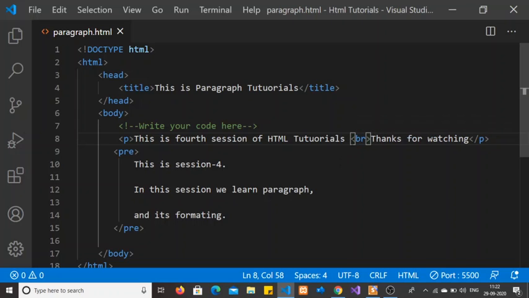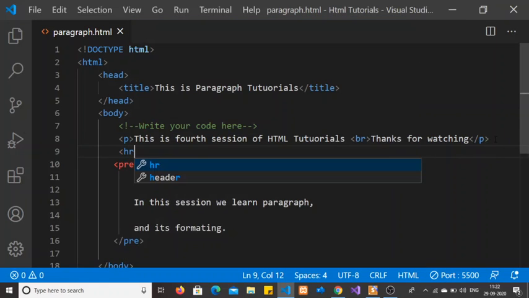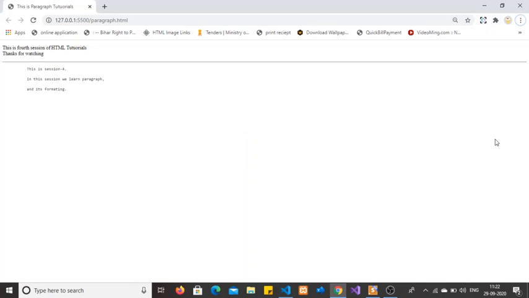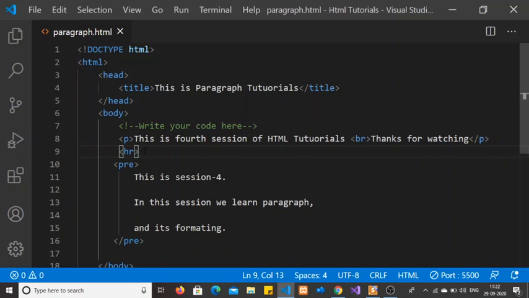It breaks the line and starts writing from the new line. Similarly, we can also put a horizontal rule using the hr tag.